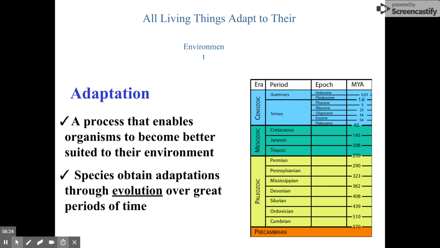Number seven, all living things adapt to their environment. We sometimes say that this characteristic is adaptation and evolution. So, adaptation, remember, is a process that enables an organism to be better suited to their environment. Remember that species obtain adaptations through evolution. So, the adaptation is the thing, evolution is the process in which adaptations can arise. A great thing to remember with this is that an adaptation is not a change that can happen in one generation. So, in the lifetime of an animal it cannot adapt. These are genetic changes that happen over entire eras or epochs. So, we're talking millions of years that this would happen in.